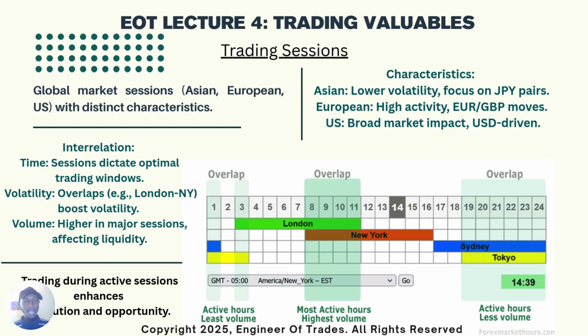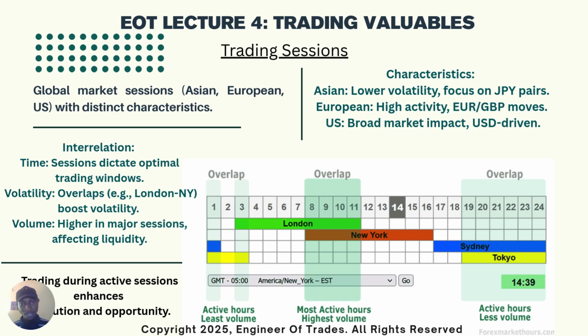So that tells you that in the time window where there is an overlap between the London session and the New York session, there happens to be a lot of trading activity and a lot of good price fluctuations. That tells you we are going to have a lot of volatility. We are just about to look at what volatility really is. But as a trader, you want to plan your trading time during those times when a session is beginning, or when there is an overlap between one trading session and another. And this is a very good example of that.